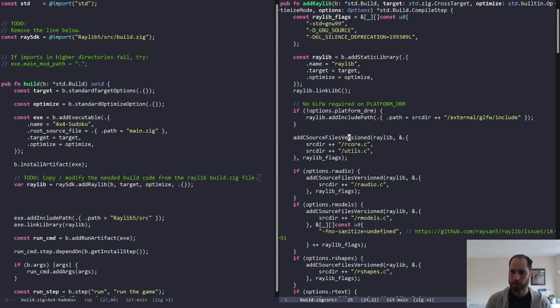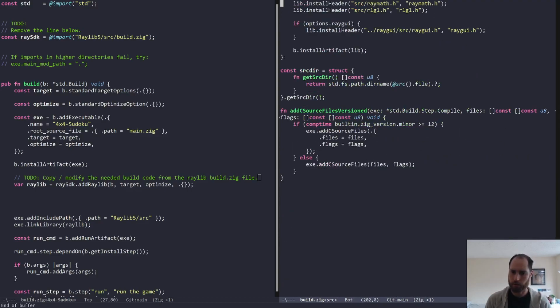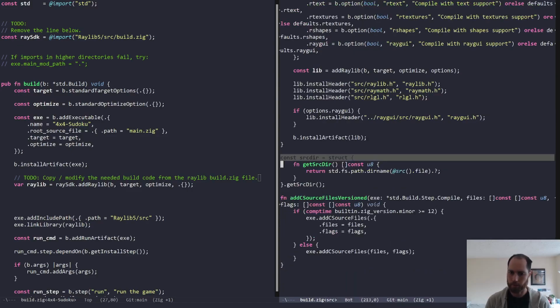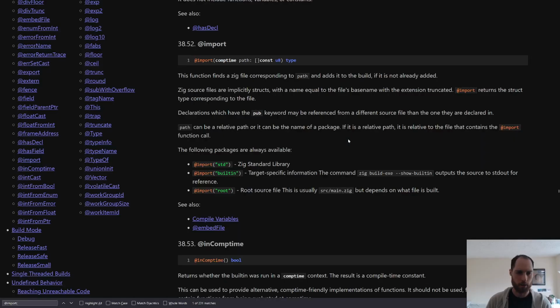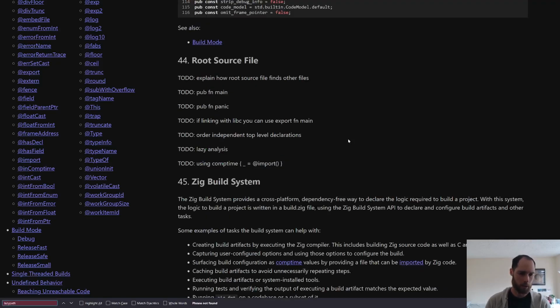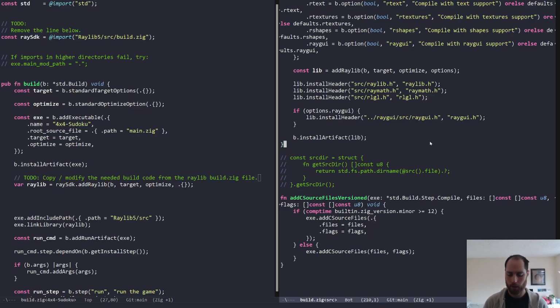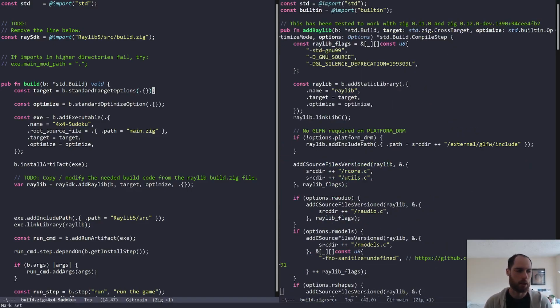Okay, yeah, so let's just get rid of this. Let's get rid of all of this source directory stuff immediately. And then we want to use these lazy path things. So is it here? Lazy path. This lazy path is something I remember I used a week ago when I was building the C++ stuff, when I was rewriting the build script for my project in Zig. So we want to